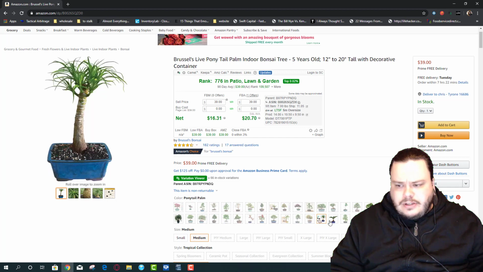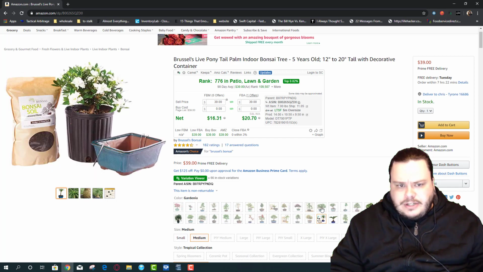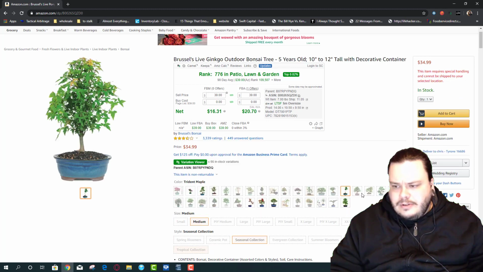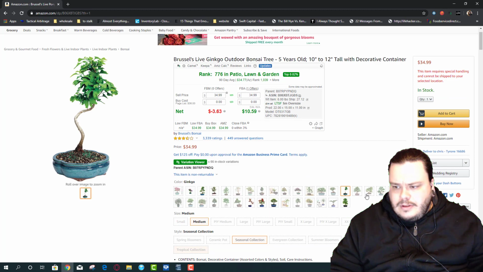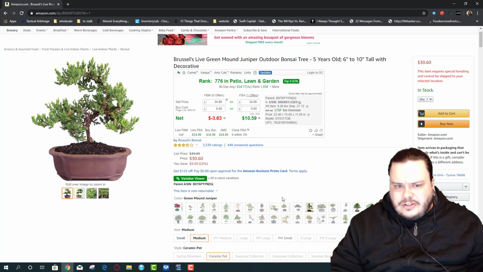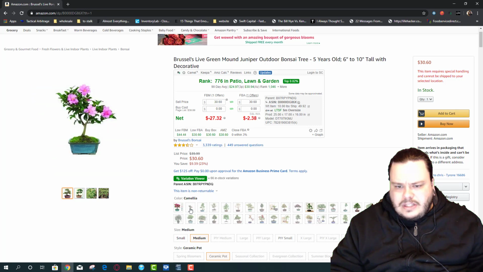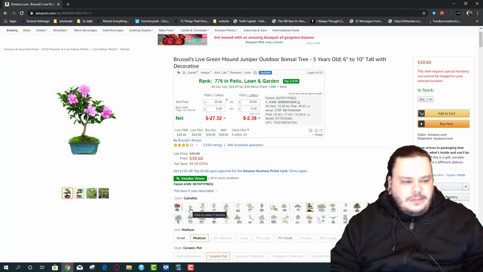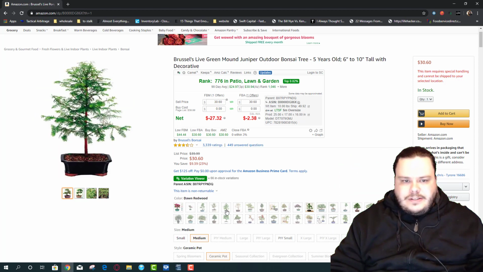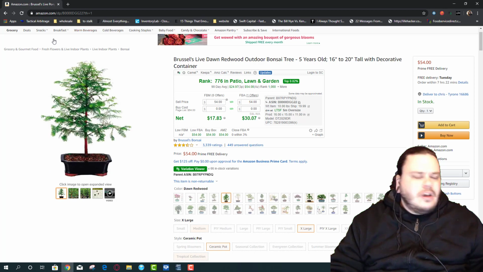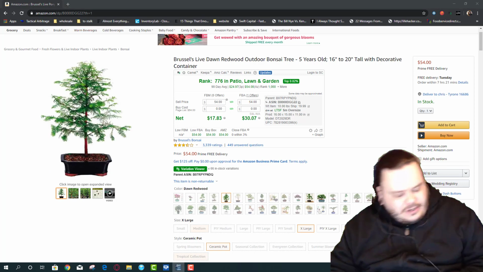Kind of want a bonsai tree. I think I should get a bonsai tree for the ware or for my house. Ooh, I kind of like that ginkgo. My dad used to have a really cool bonsai tree. I kind of want a ginkgo or a bonsai tree in general, but I'm convinced that Snowball would eat it. Snowball's asleep in his box right now. He's claimed a box. Yeah, I'm gonna buy myself a little, ooh, little redwood. Yeah, that would be cool. Okay. Enough of me fangirling over bonsai trees.